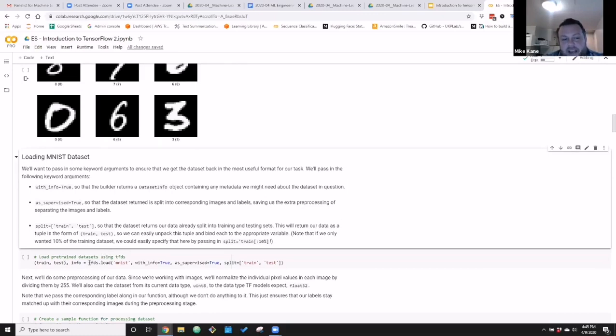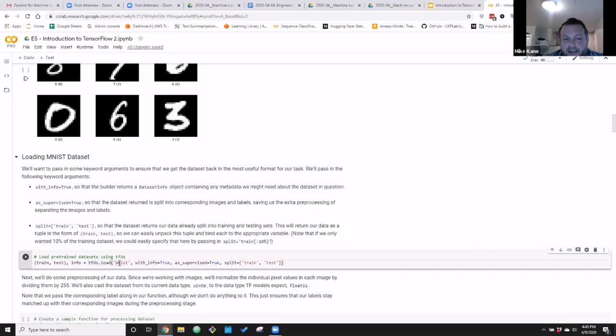So when I run tfds.load and I pass in the data set name that I want here, I'm typically going to pass in some other things too, like, hey, I want the metadata, give me the info. And I am going to use this for supervised learning. Now, again, there's supervised learning and there's unsupervised learning. And then there's semi-supervised, which is an entirely different cool new thing that's happening.